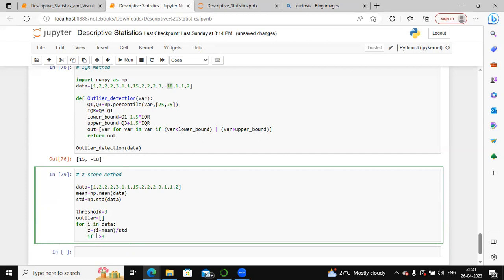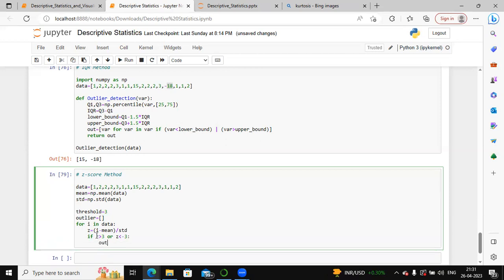So if z is greater than 3 or z is less than minus 3, then outlier dot append of i,